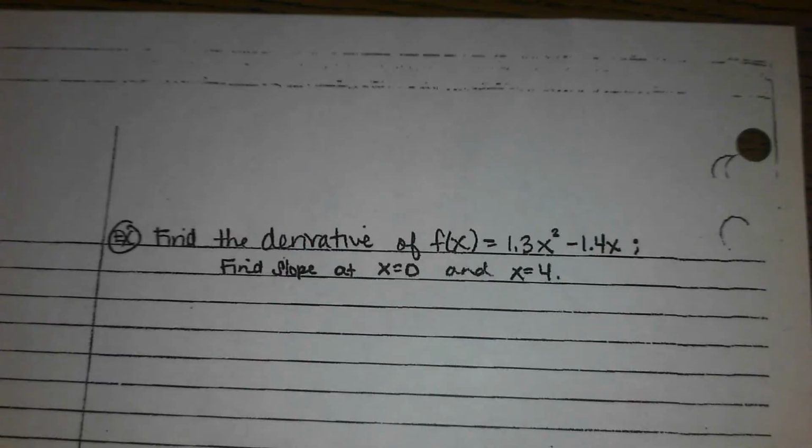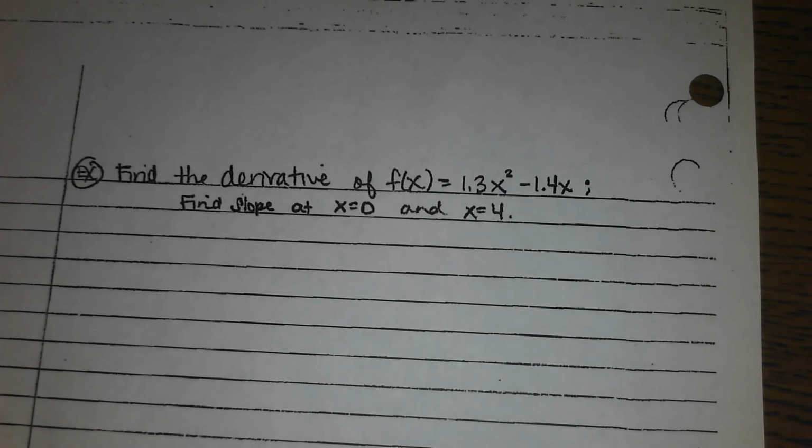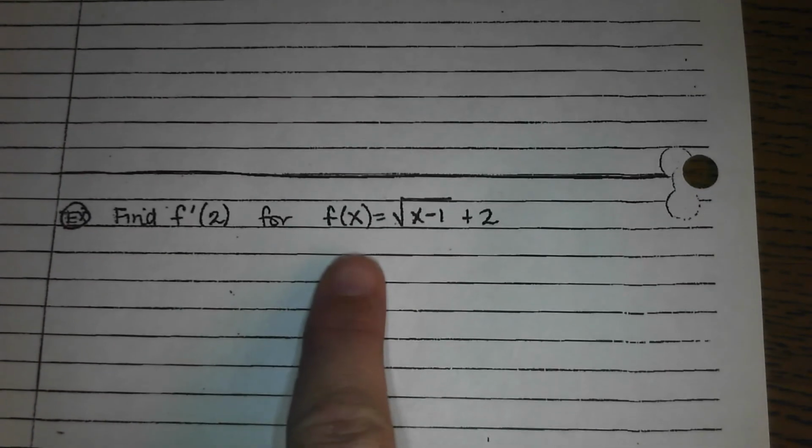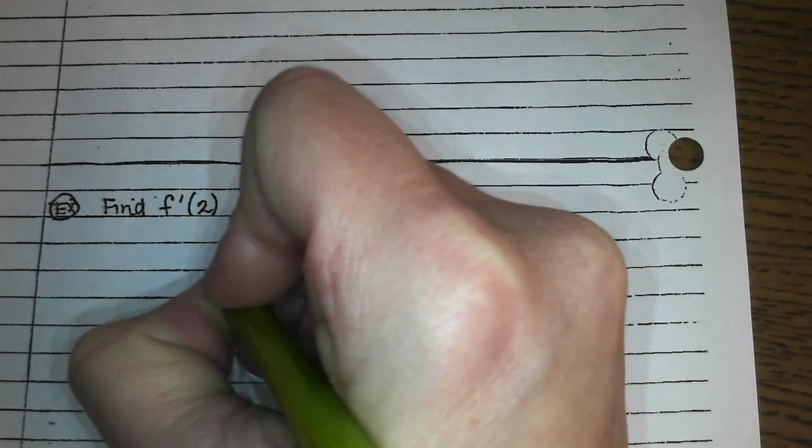Okay, we flip to the back. Find the derivative of this. This is just going to be a little bit nasty because you have decimals, but you'll get through it. And then let's just do this one because it's bringing a radical back into it. So again, I would recommend you find f prime of x first, right through the end, and then just plug in a 2 at the very end. I wouldn't try to plug in a 2 for x right away. Let's just focus on f prime of x